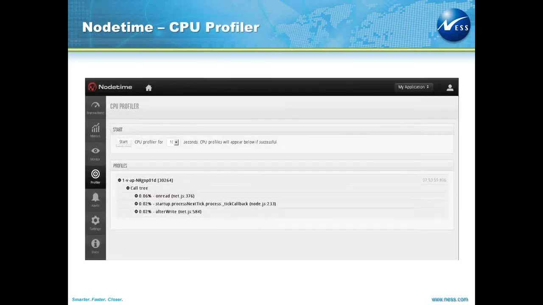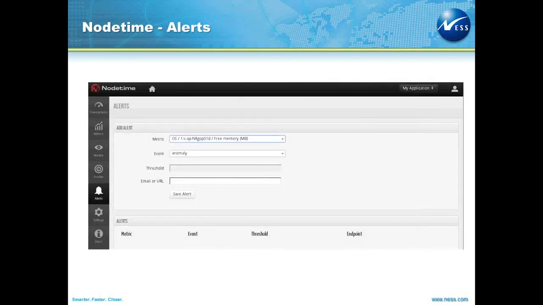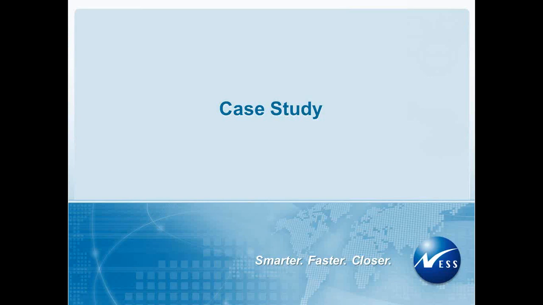You can do the CPU profilers. This was run over a period of 10 seconds. Then you can set alerts to trigger based on the available memory and so on on your system. So let's look at